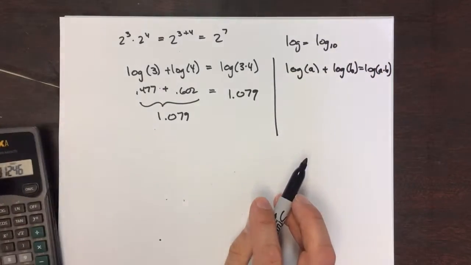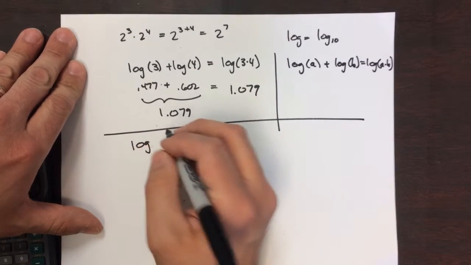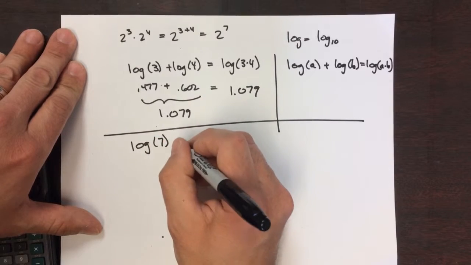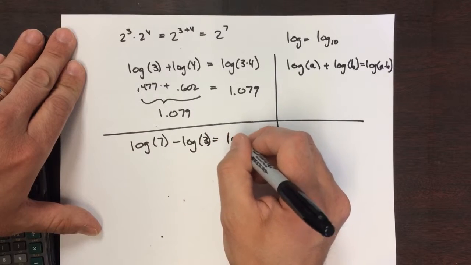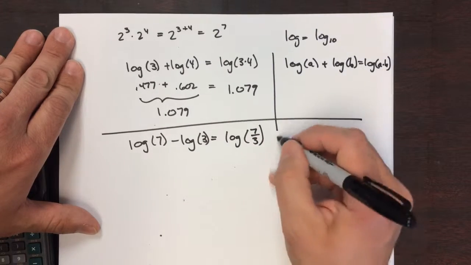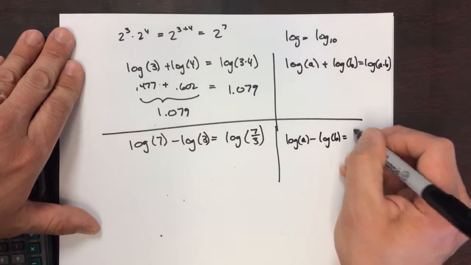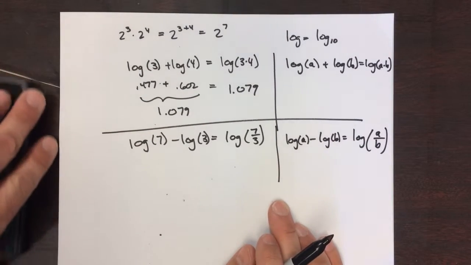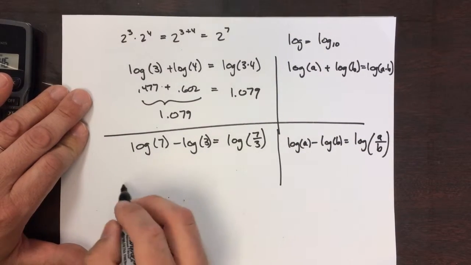All right, and there's a similar one for subtraction. If you had the log of, let's say, 7 minus the log of 3, that's going to be equal to the log of 7 divided by 3. So in other words, log of a minus the log of b is equal to the log of a over b. This last one is important for a question that's come up multiple times in class about the first order